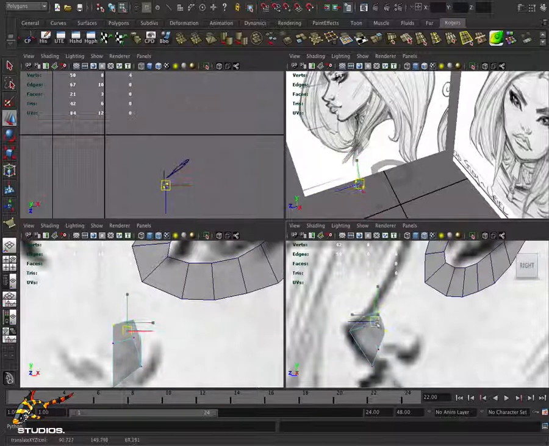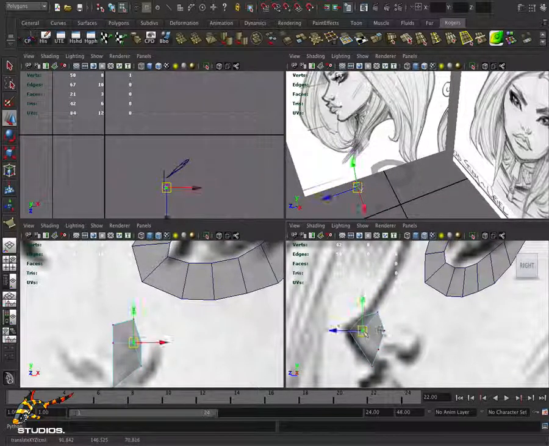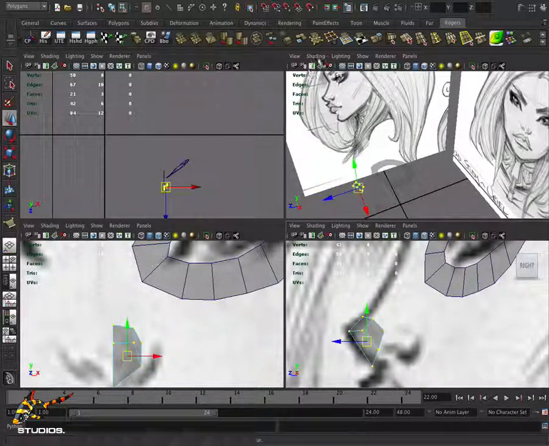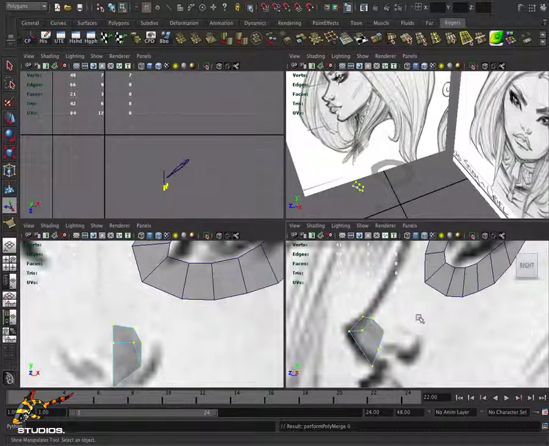Move that to there. In fact, if you can, there we go. So what I'm trying to do is get the bulb of the nose to be just right before I put on the nostril. In fact, you see I've still got a vertex unwelded, so weld that,